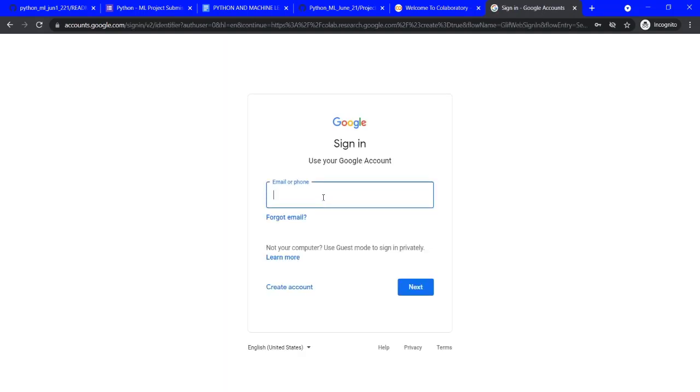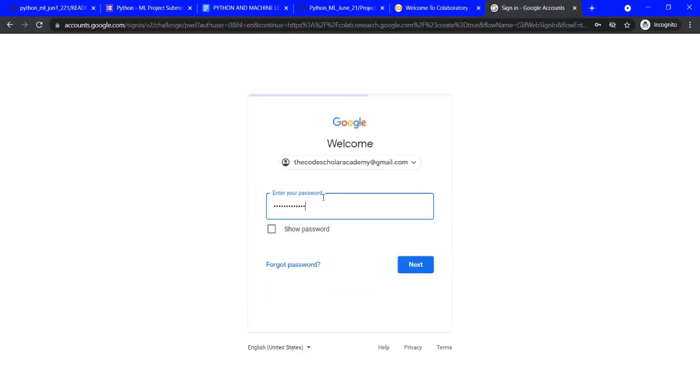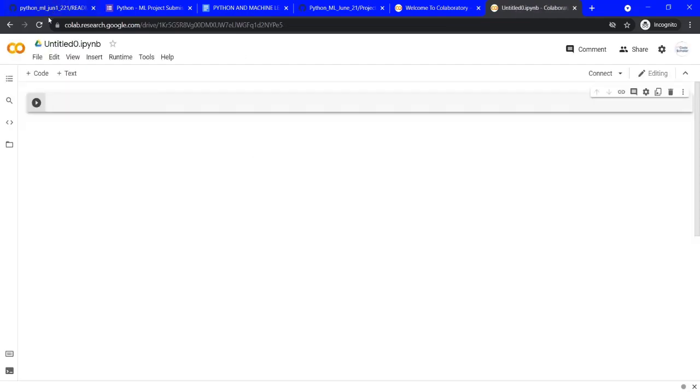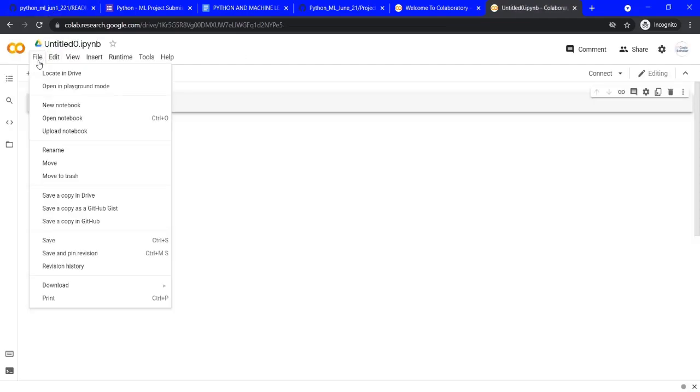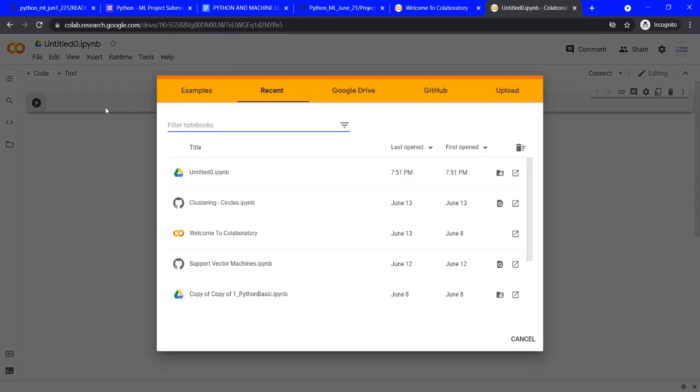Sign in required. Okay. Sign in has been successfully done. And then file, open notebook. Under open notebook, you will see all the examples over here.